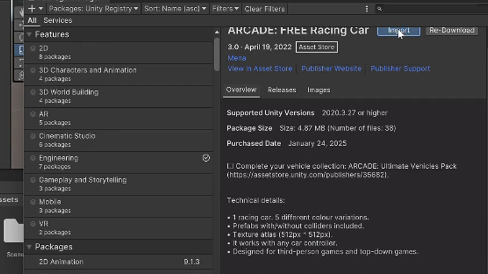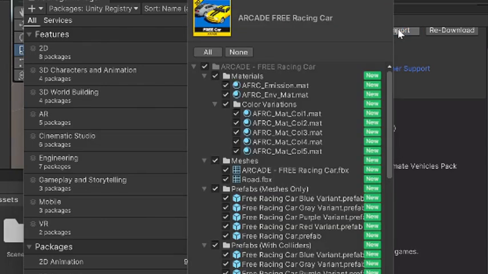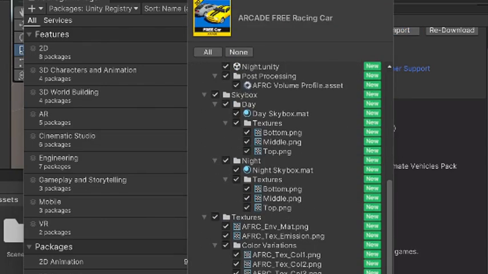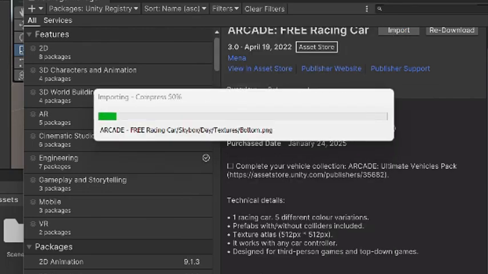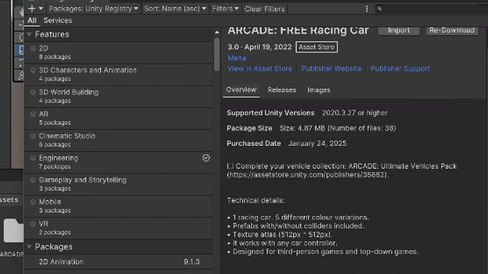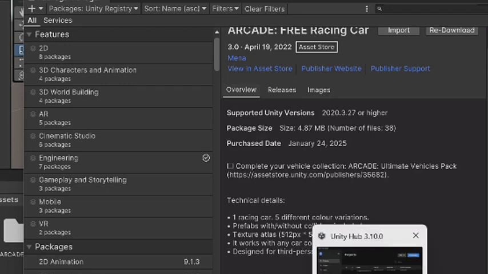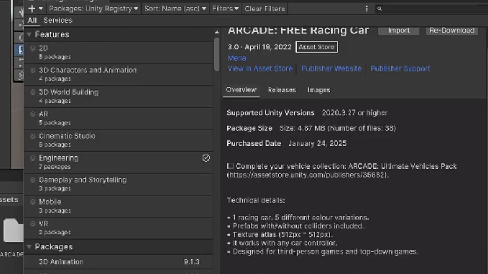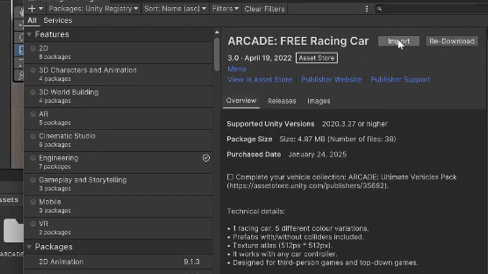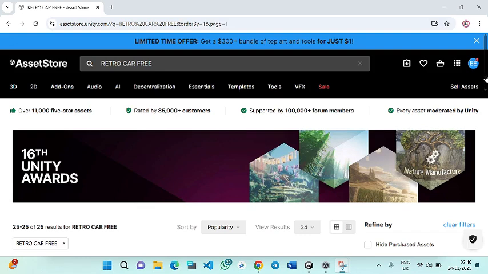Then you click on import. So after importing your desired car from the Unity Asset Store,